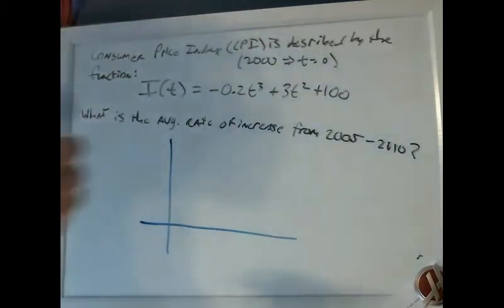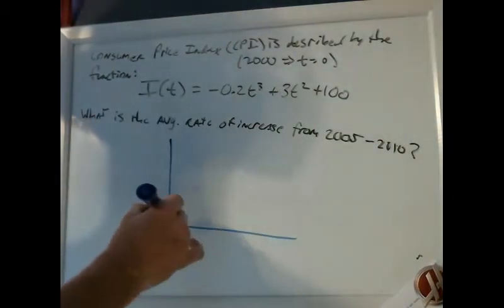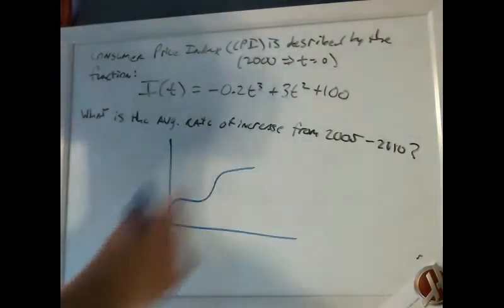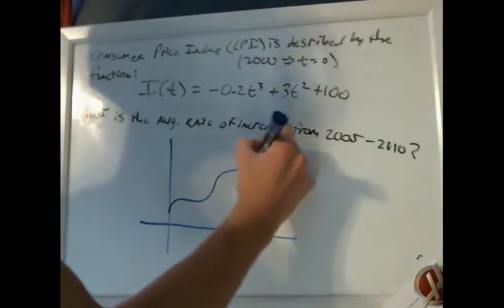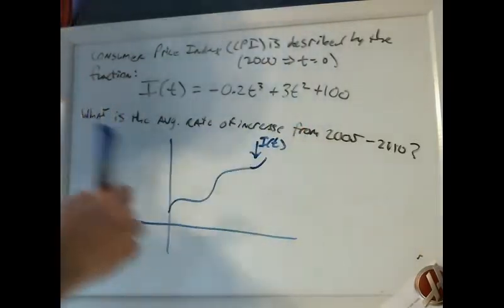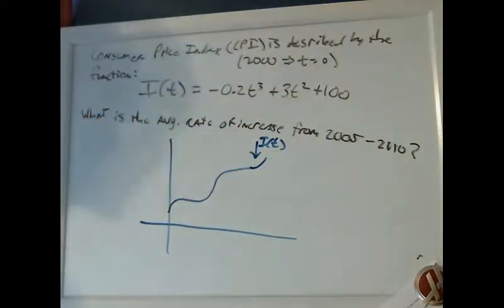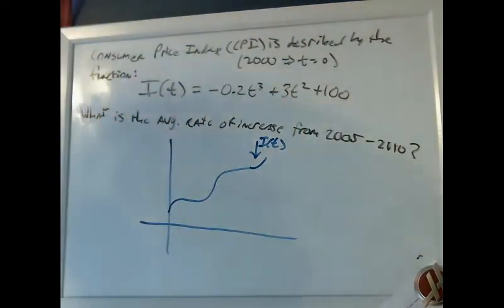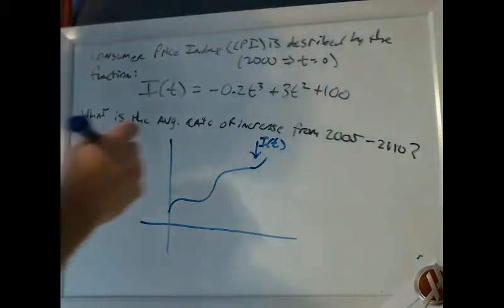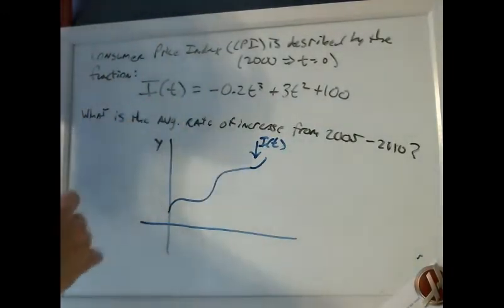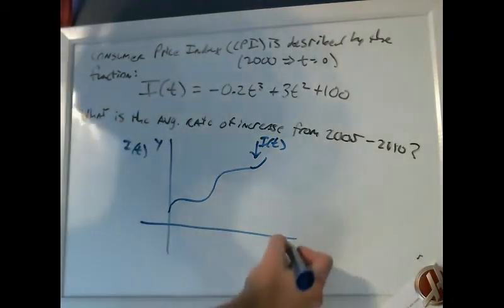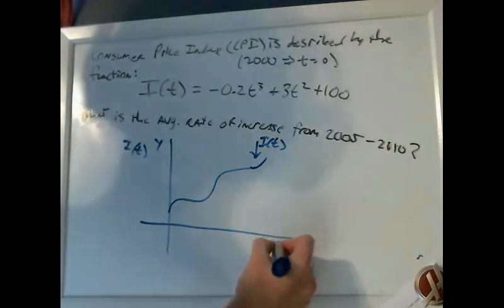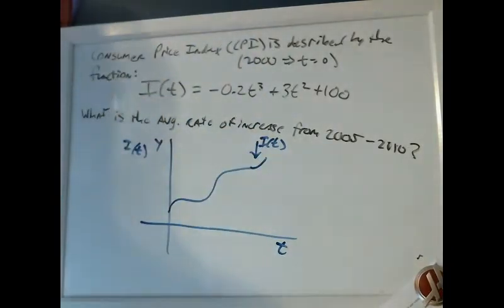We're going to oddball this one and just pretend that this looks like something here. So let's say the function looks like that, and that is the function I of t. So we're going to say that this graphs into this. I know it doesn't, but it's for theoretical purposes. So this is the y-axis, or I of t. And this is the x-axis, which would be t in this case,